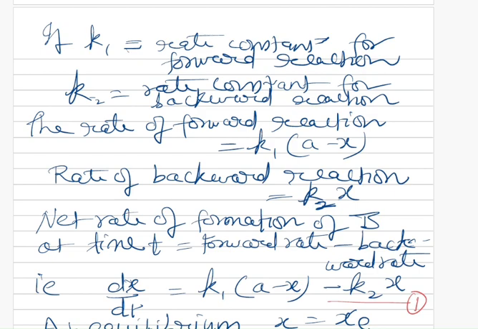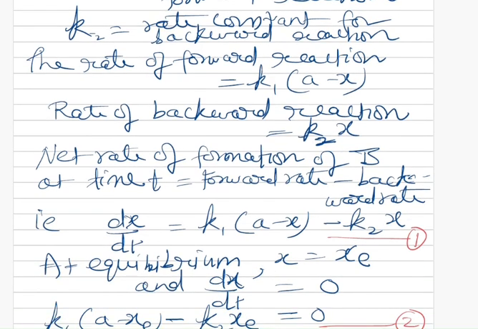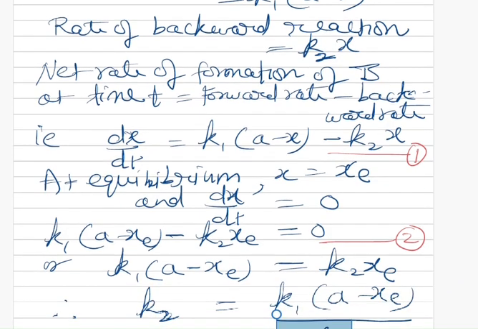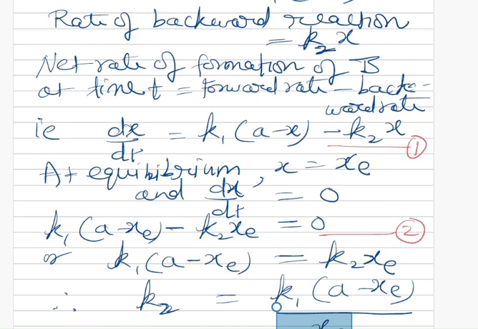dx over dt is equal to K1 into a minus x minus K2 into x. This is equation number 1. At equilibrium, when x is equal to xc and dx by dt is equal to 0, then our equation becomes K1 into a minus xc minus K2 into xc is equal to 0, or K1 into a minus xc is equal to K2 xc,